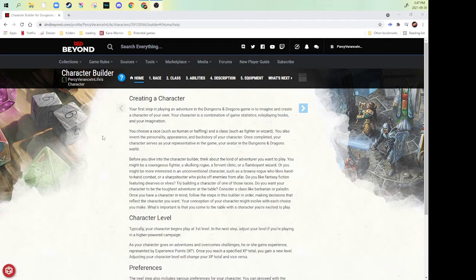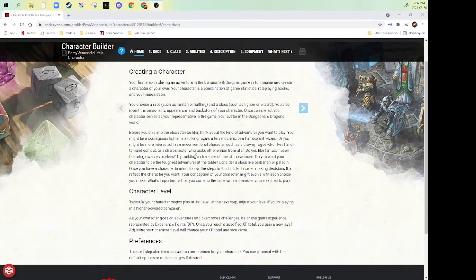Alright, the first thing we see is a page. It is a page of text, which is from help text, I believe. It's basically explaining how you create your character, explains character levels, and your preferences. What you need to do is, as said here, you need to choose a race, which is basically your fantasy species, a class, which is basically your job, such as, if you're a rogue, a wizard, a warlock, a paladin,